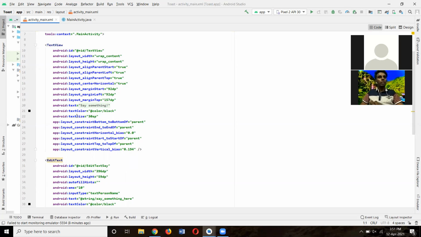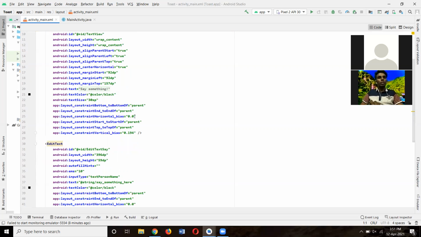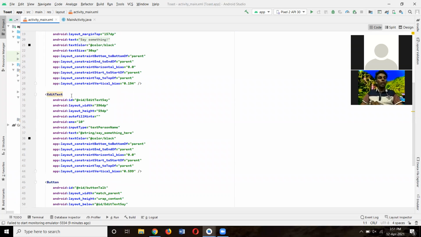Text is "Say something." Color is black. Text size 30 sp. Layout constraint bottom to bottom of parent. Layout constraint end to end of parent. Layout constraint horizontal bias 0.0. Layout constraint start to start of parent. Layout constraint top to top of parent. Layout constraint vertical bias 0.194. For the edit text, use ID edit text A, and the layout width is